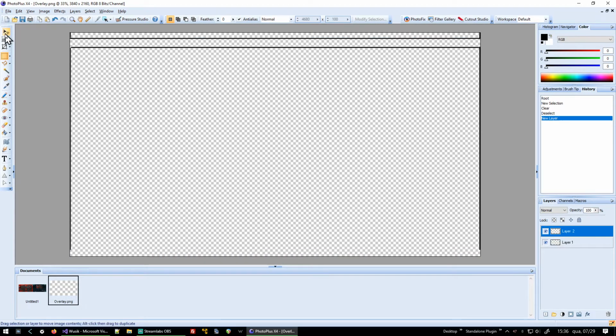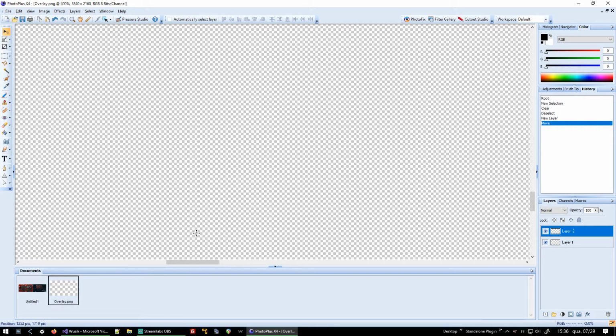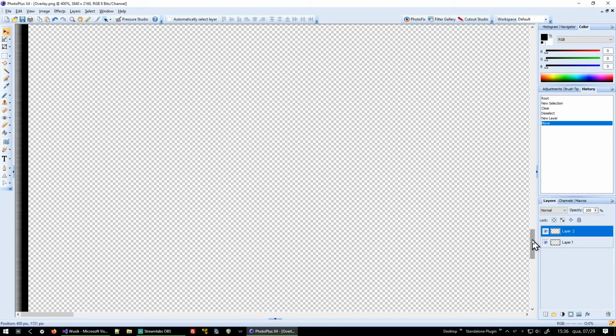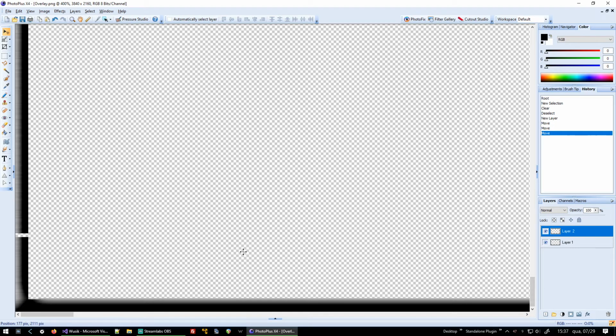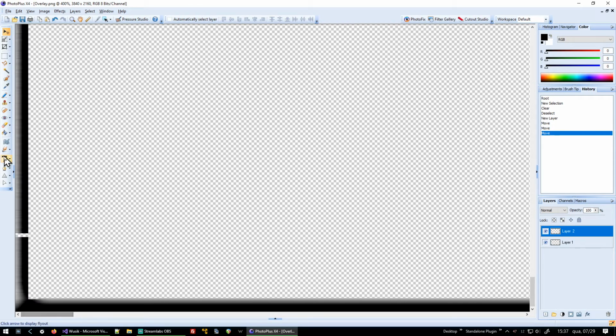Cut and paste it so it's easier to move it, especially in such a 4K image. Okay, now it's snapping to the bottom correctly. And I just need to copy